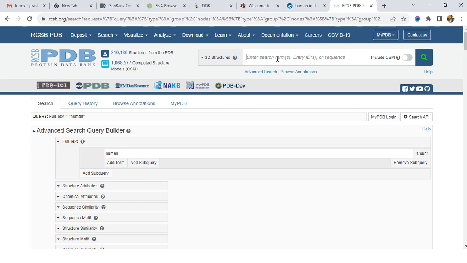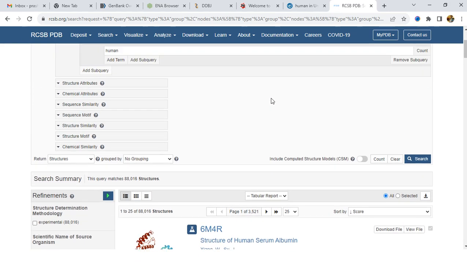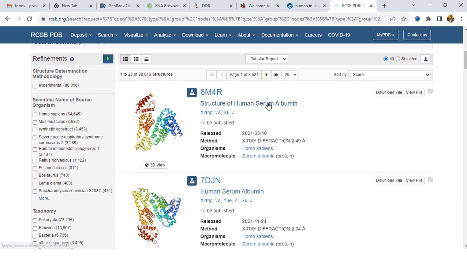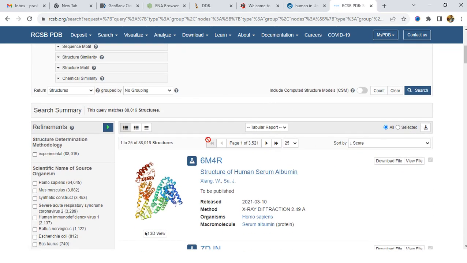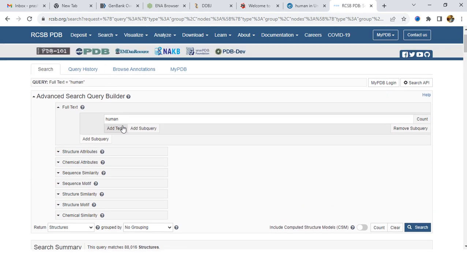Just type your keyword, what you want to search. As I have searched here is a human. You can see here, this is the detail. It is mentioned some full text, human structure attributes. You can make some